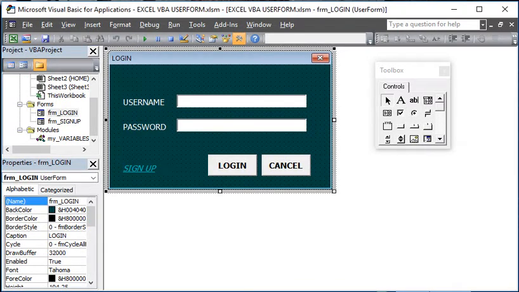Welcome to part 4 of our Excel VBA Userform tutorial. Previously we have finished the sign up and login user form. Now we will need to work with the add new profile user form. So in order to begin,